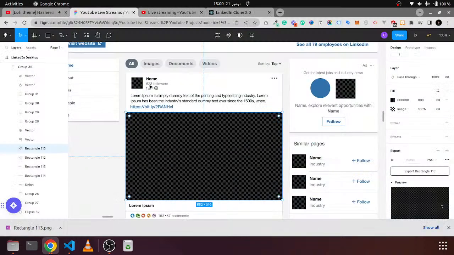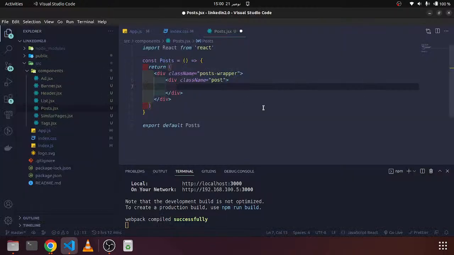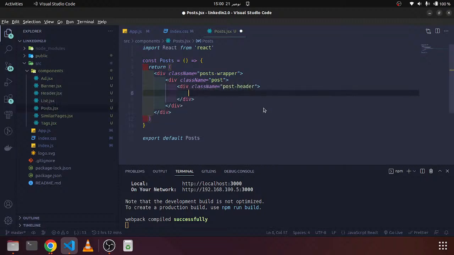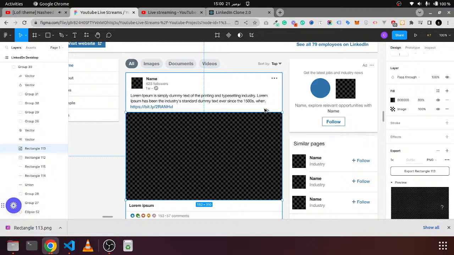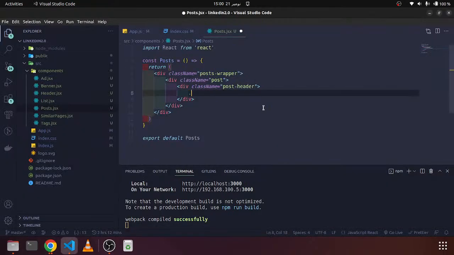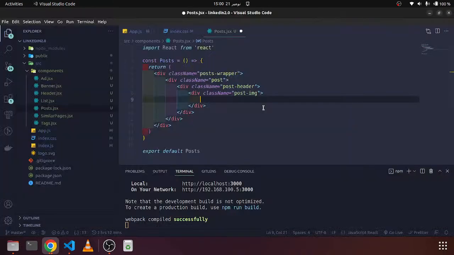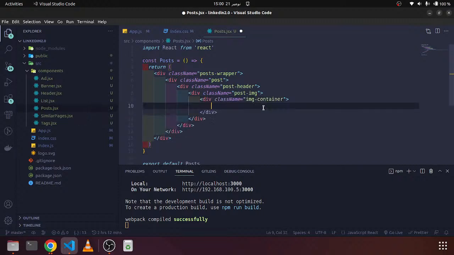The first we can say post header. Yes, post header. It has the post image. We have image container. Then we have image. It should be image and post1 dot png,